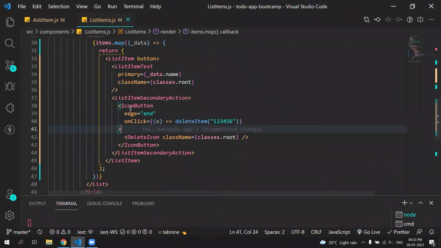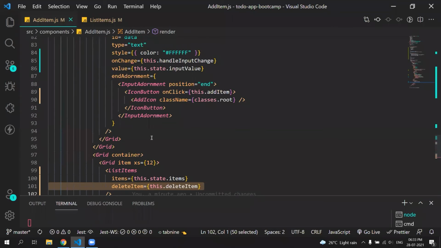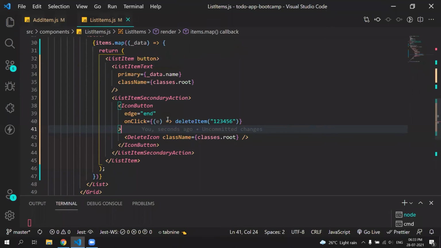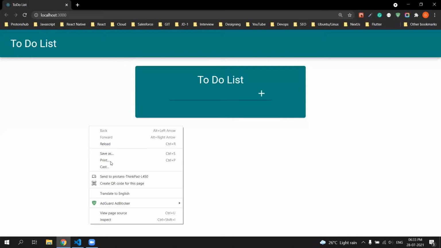So now what we have done is we have created a function in our add item component, and we have passed that function as a prop to our child component which is called list items. And here we have called that function deleteItem on our delete icon button. I have hard coded this value for now, so let's see if it is working or not.